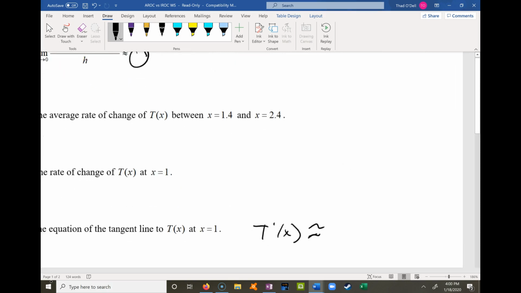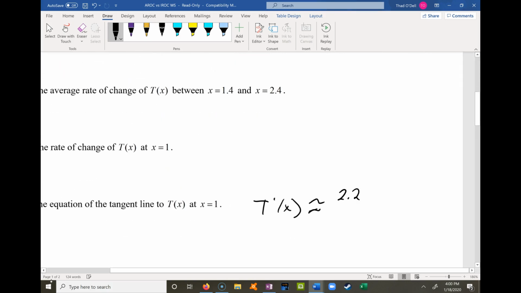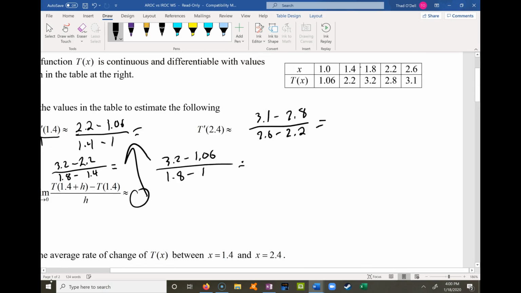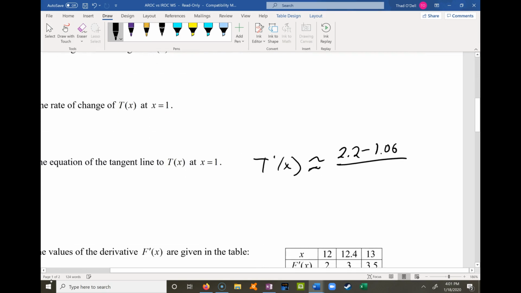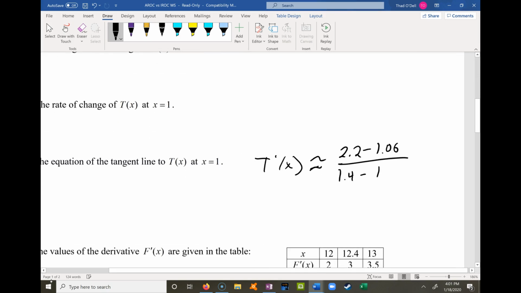2.2 minus 1.06 over, and what was it? 1.4 minus 1.0. So that would give me the approximation for the slope at x equals 1. Let's see, what would that be? That would be 1.14 over 0.4, which would be 114 over 4, or